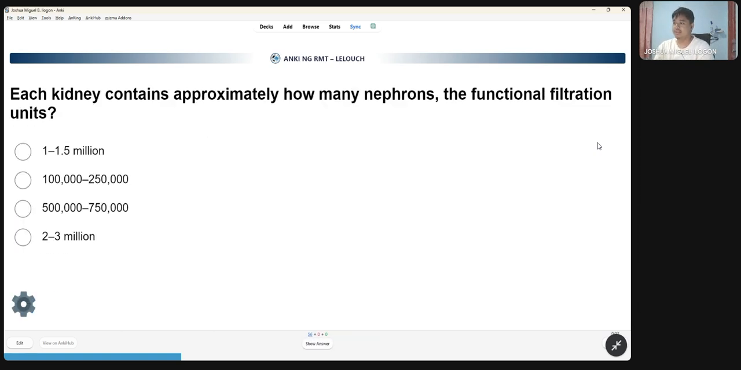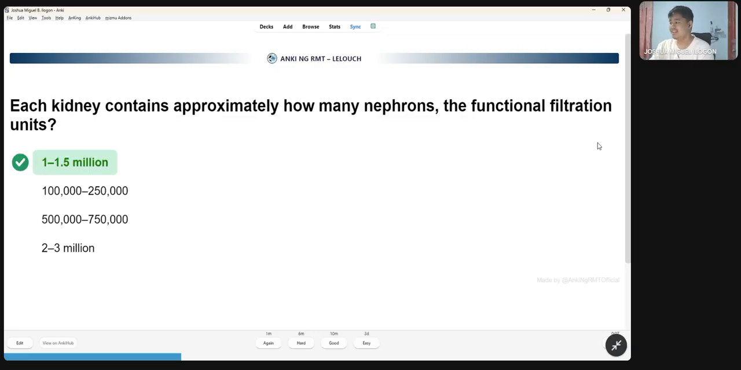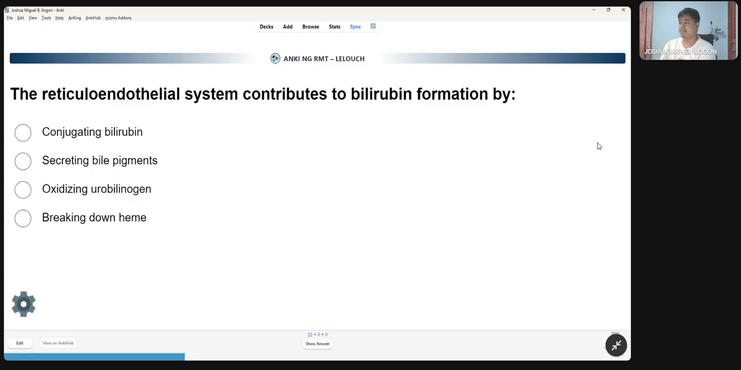Each kidney contains approximately how many nephrons? I'm going to guess 500,000 to 750,000. It's the highest. The reticuloendothelial system contributes to bilirubin formation by breaking down